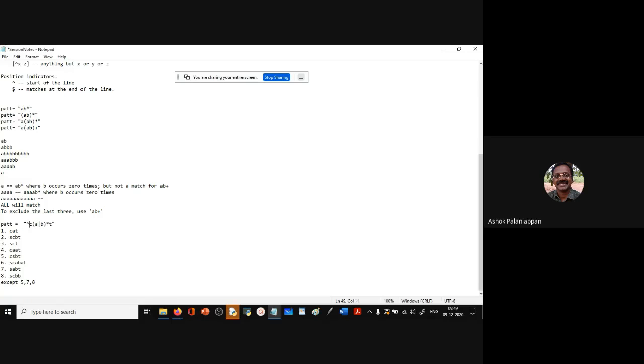If you put a caret symbol, then it has to match at the beginning. This is just CBT, so it will match. It will match this string. That's all. This string will have a hit for this pattern. And exactly what it matches is this. And if you want to look at the group, the group it matches is B. Yes, sir.